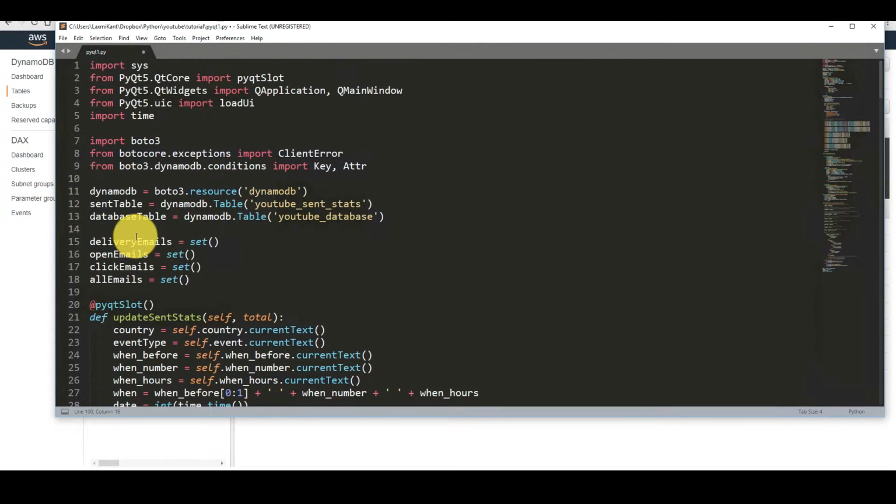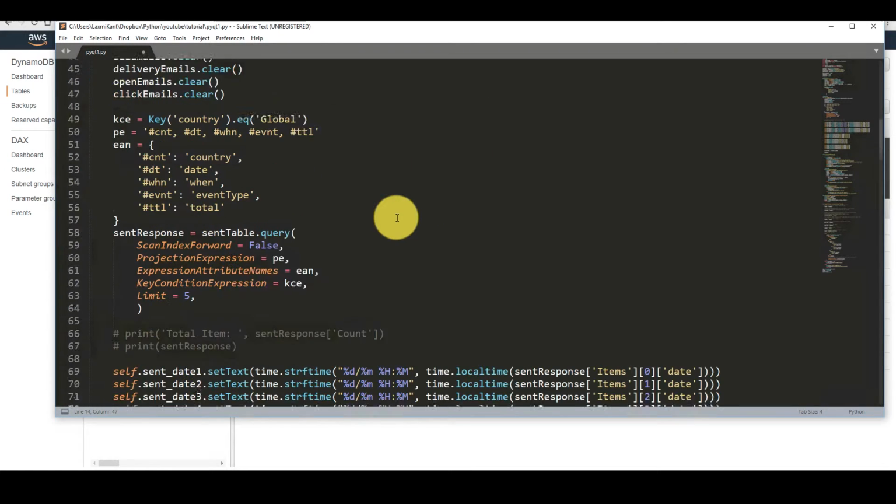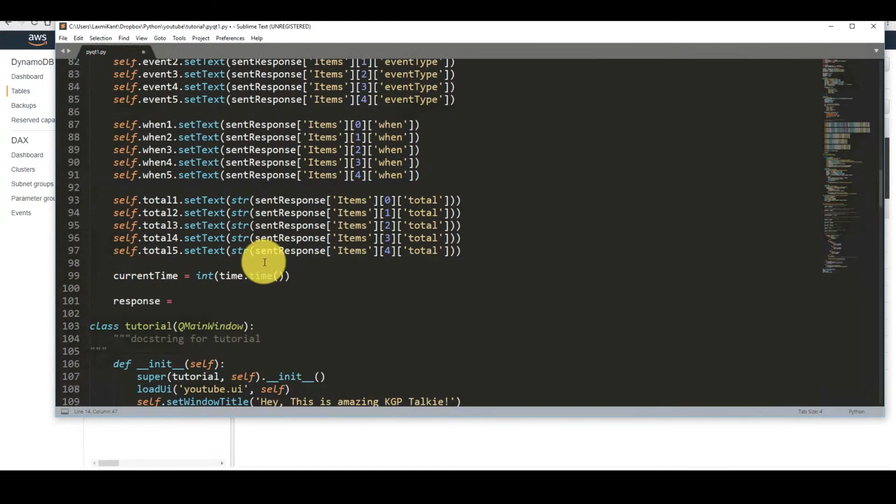Mailing table. So let's give a name to the mailing table here. Mailing table is equal to DynamoDB dot table, YouTube underscore mailing. So response is equal to